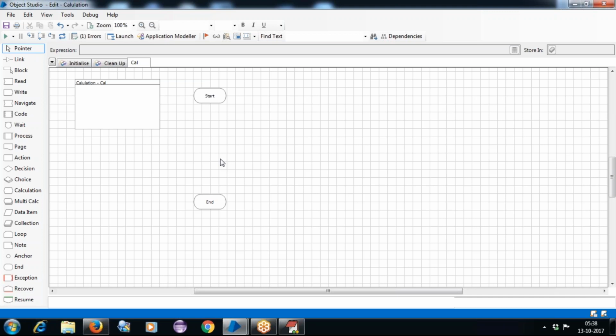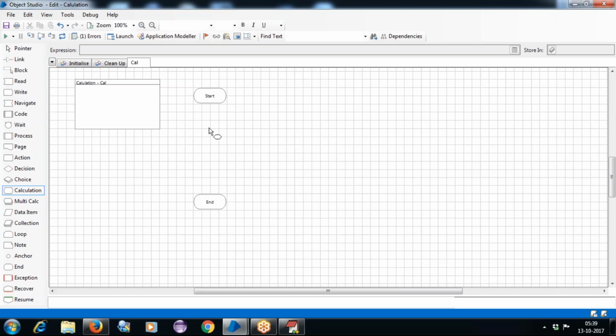To perform an addition of two numbers, we need two numbers, and then we need to write the statement with the plus operation. For that, first we have the Start and the End, which are the common stages. Then here we will have one particular stage, which is the calculation stage.